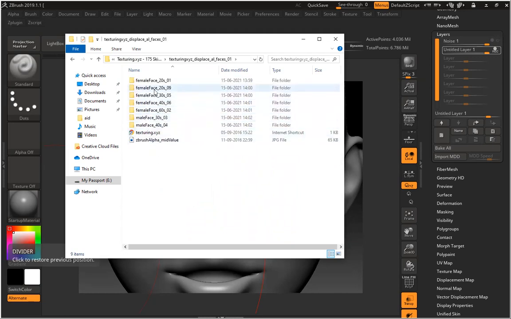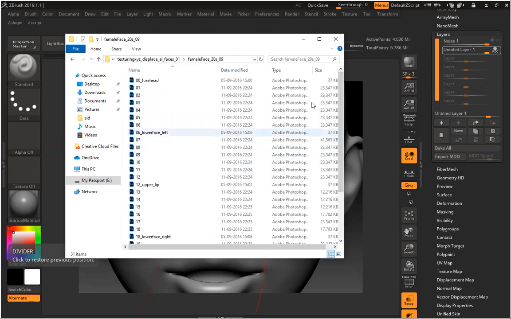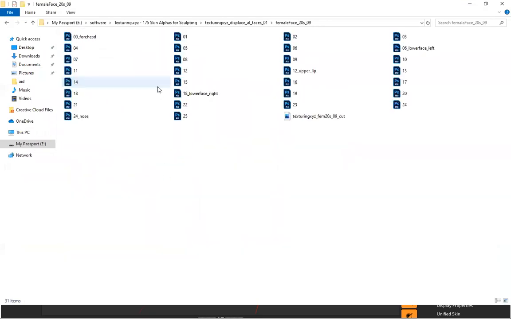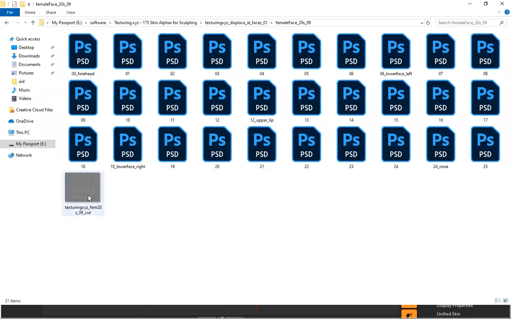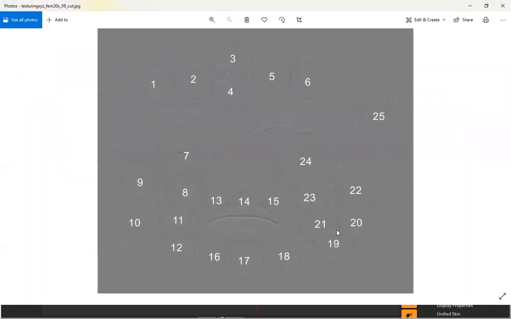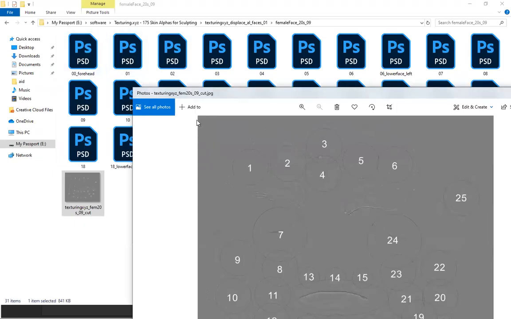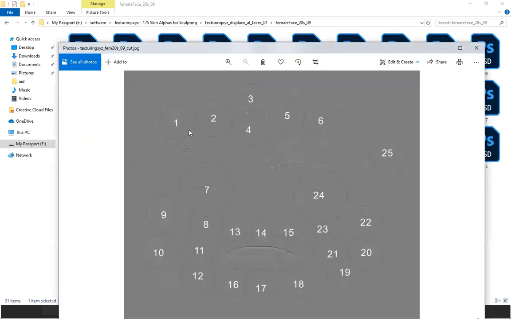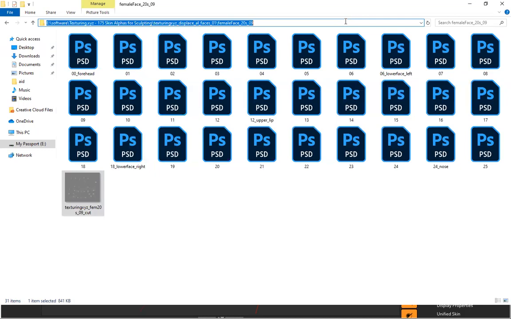It's a female. Let's use 20 or something. Open this one and check. This is basically a landmark, you can identify where these numbers belong. So 1, 2, 3, 4, 5. I keep it open and copy this path.